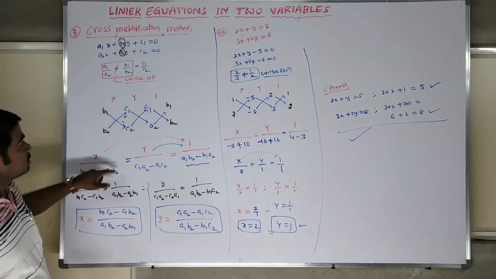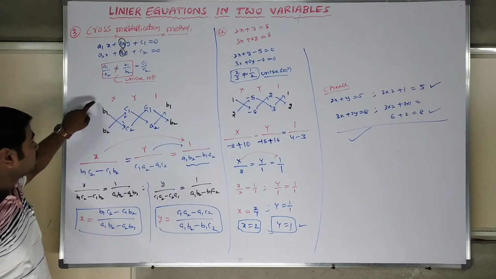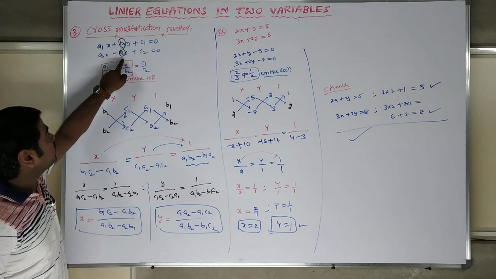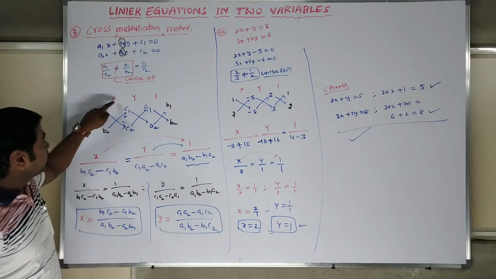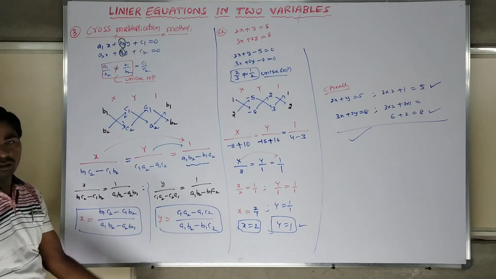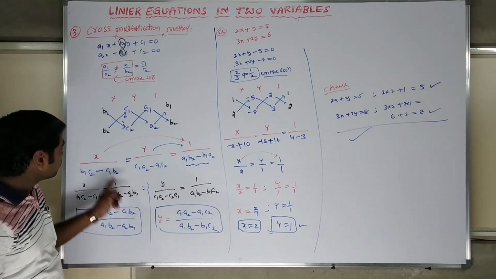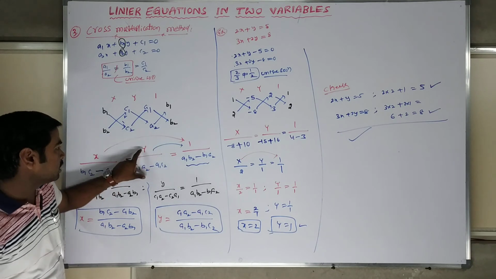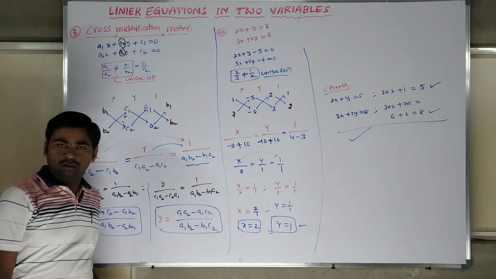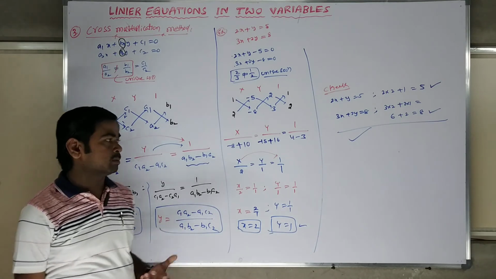So the method you need to understand. First check that it is a unique solution. Then apply B1, C1, A1, B1, and B2, C2, A2, B2 for x and y, like A, B, C, D positions, AD minus BC. Start applying. After this, equal to the constant, you will get the x and y values. This is a famous method. When you are getting a complex problem, you can easily solve it.